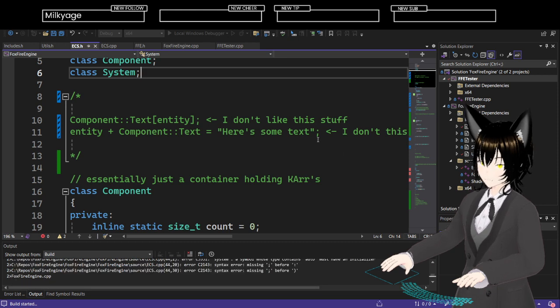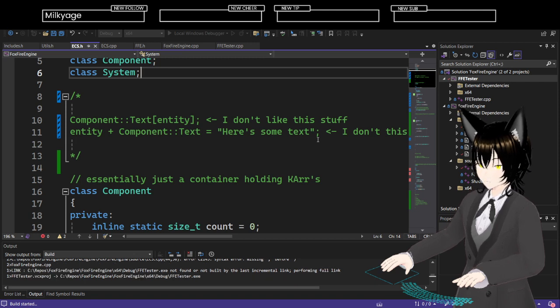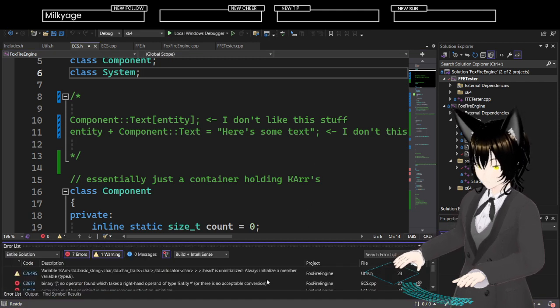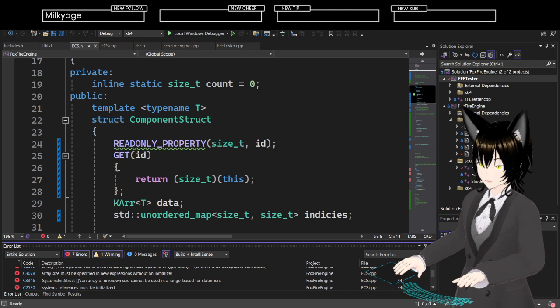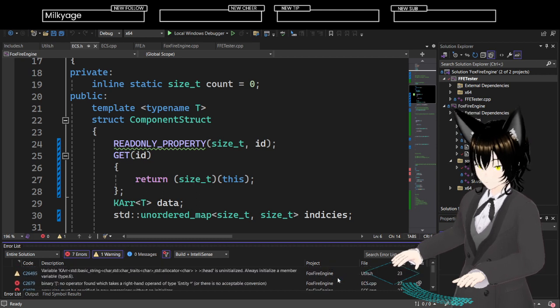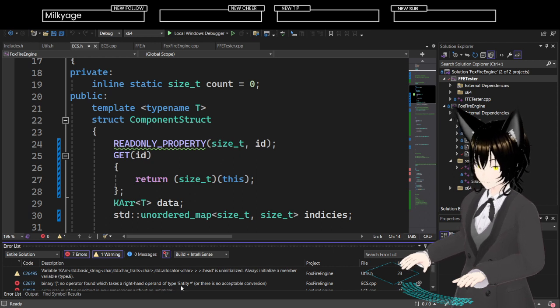That should fix that error. Binary operator takes a right-hand operand of type entity pointer.